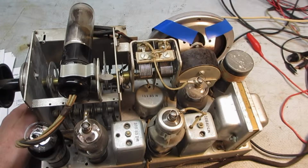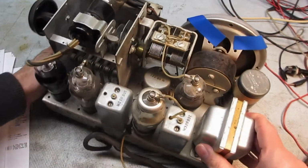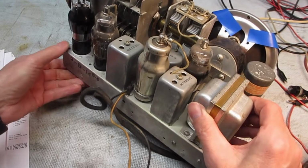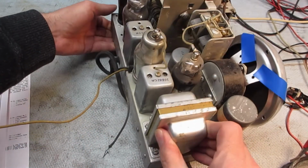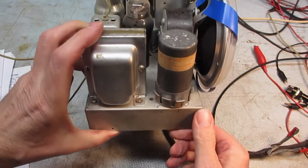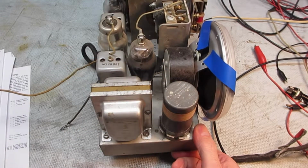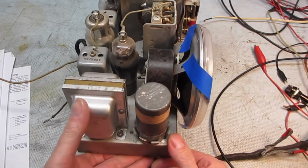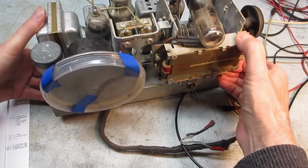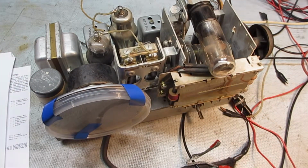station signal indicator. The biggest problem was the vibrator here. The contacts on it were probably welded, and I finally had to cut the can open in order to sand the contacts and get the thing going again. It just would not start. You could see all the filaments lit and everything. You can see how I kind of banged it against something to try and get the contacts to jar and move, and it just wouldn't. And so that's probably the biggest limitation of these old 6 volt farm radios,